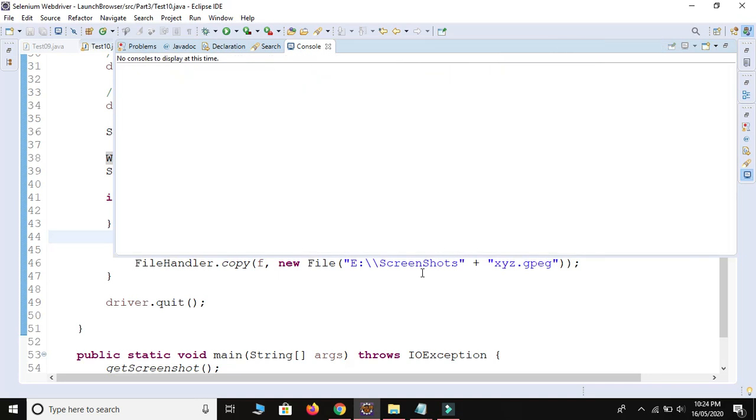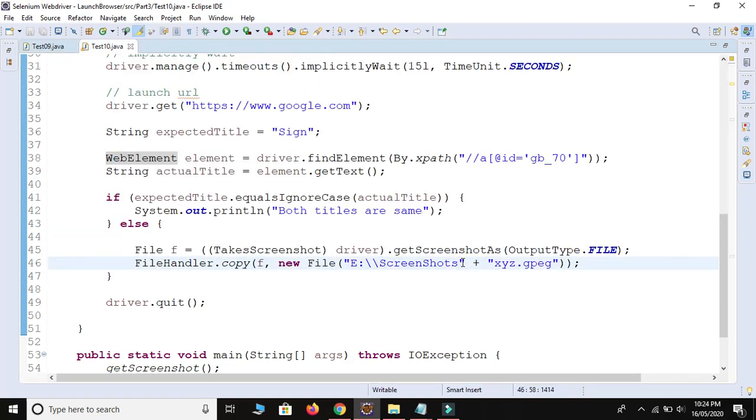Let me close this one time. I got some idea. We need to provide this double backslash. Ctrl Shift F, Ctrl S, and then the name of the file and then dot format. So this is the standard format, and better to remove this one. So it will come inside the E drive, then inside the screenshots folder, and then it will create one file using this name and this format.